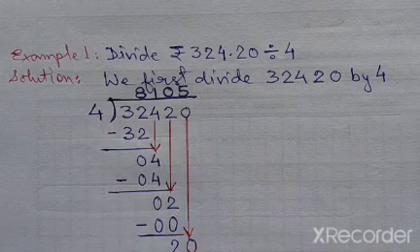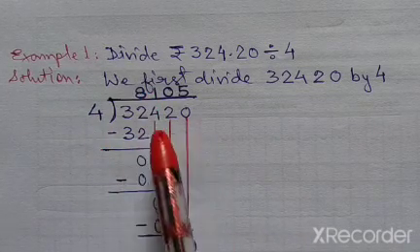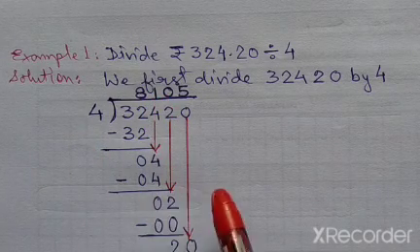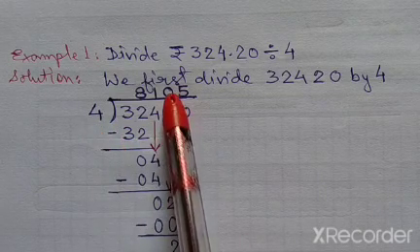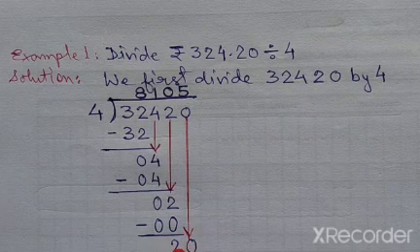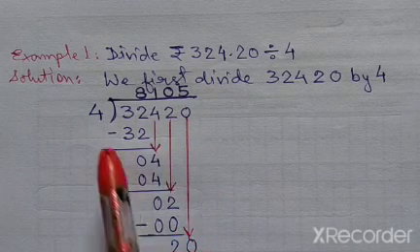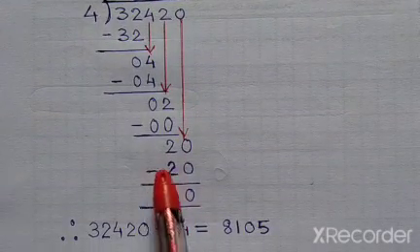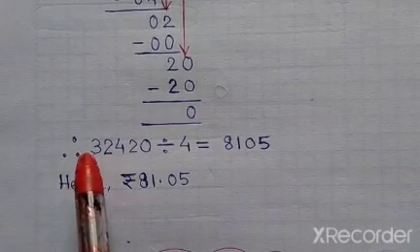Now simple division, children, you all know how to divide. So 4 8s are 32, write here 32, then bring down 4, then go 1 times, 4 1s are 4, after that go 0 times, because in the table of 4 you will not get 2, so go 0 times, write 0 below 2 and subtract, then bring down this 0, it will become 20, and after that 4 5s are 20, and subtract 20 from this 20, you will get remainder 0. Therefore children, what do we get as answer?